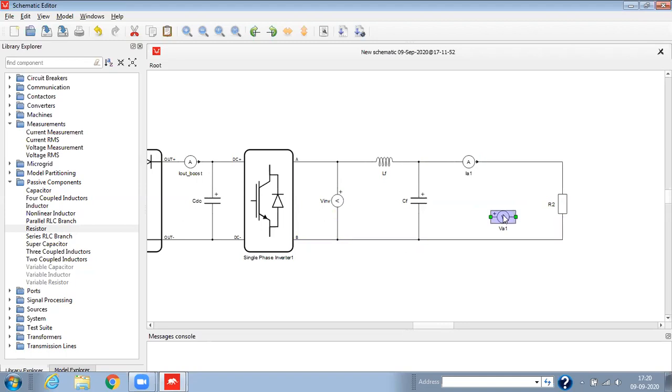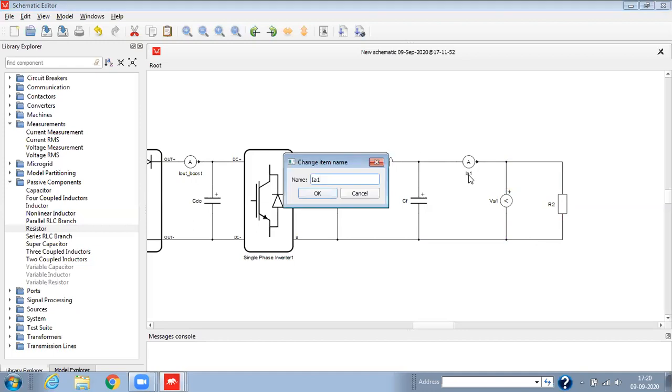Now we'll rotate this voltage measurement and connect it. Now we'll rename it as IOUT, and this will be VOUT. This will be the load resistor, so we'll change the name here.